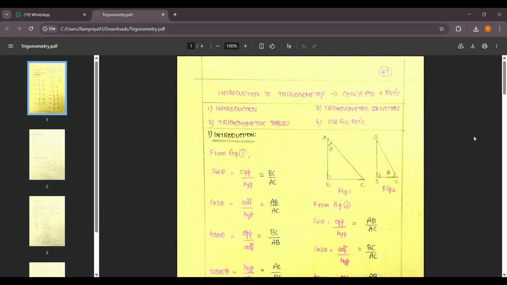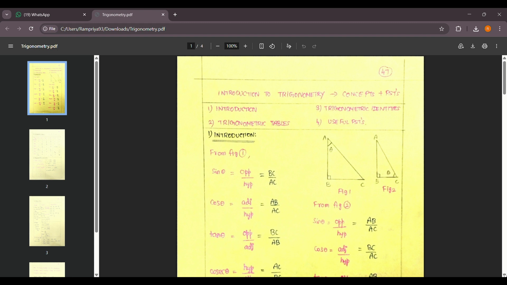Hello, my dears. In this session, we are going to see trigonometry, one of the all-time important chapters in 10th grade, and trigonometry is applicable even for your higher grades, 11th and 12th, and even for your college mathematics as well. So let's go into the session and cover the concepts in a very interesting way. So you have the introduction, followed by trigonometric tables, trigonometric identities, and some useful tips and techniques I have given. So here you have 6 ratios: sine theta, cos theta, tan theta,